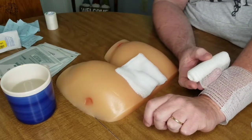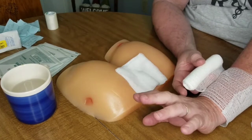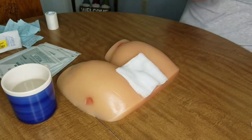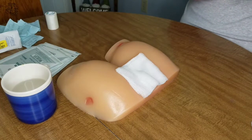Then if you do that, you can put some Coban over top of that, and that's very good. It'll keep some compression on it, and it won't come off if it gets saturated with blood or anything. If you do tape a wound around your arm like that or your leg, what you do not want